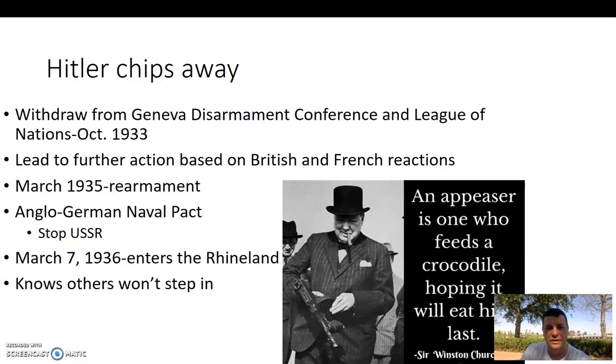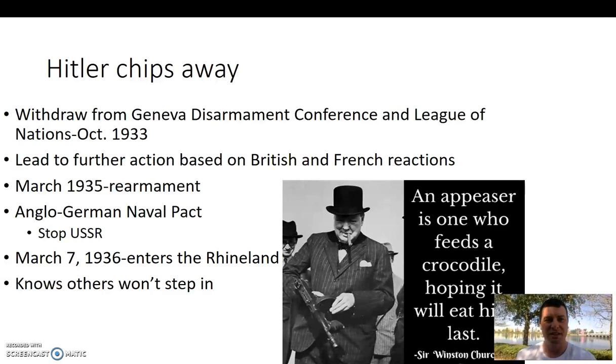The whole goal in all of this is because the Western European nations are nervous about how the USSR is becoming a power. And so they don't want to see that happen. And that's why Britain makes this concession. Neville Chamberlain is the prime minister at this time in Britain, and he is the one driving this idea of appeasement forward. And there are pieces of British Parliament led by Winston Churchill, as you see in this quote here, which are in complete disagreement of this.